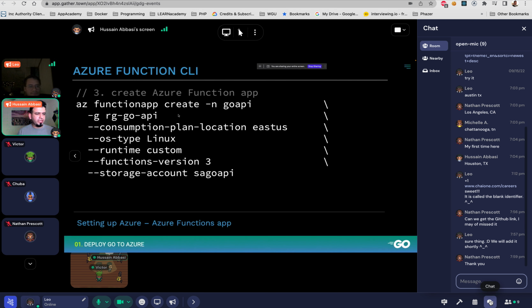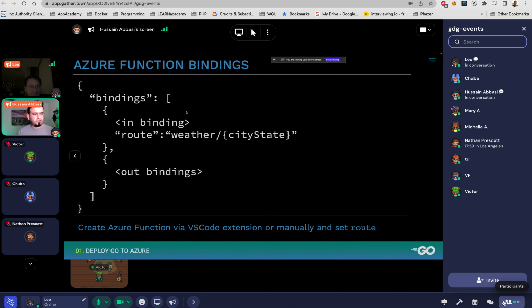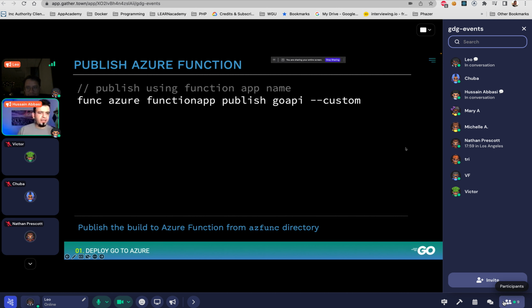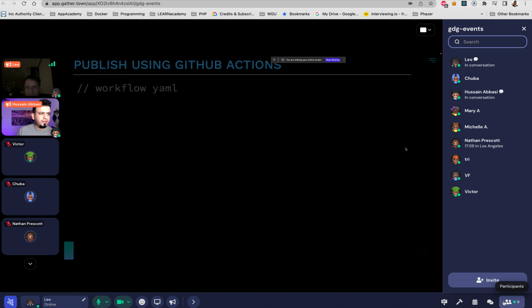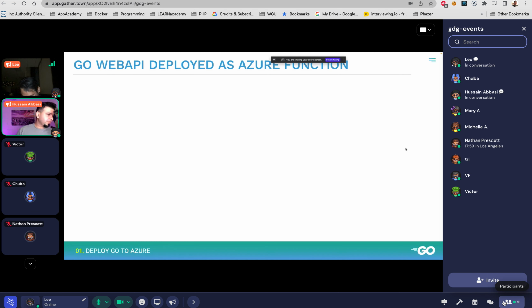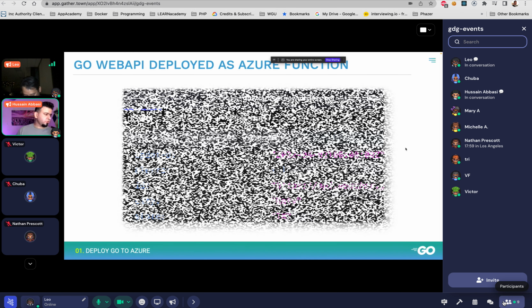With the CLI, we will do some creation of resources, and the same thing goes for GCP or AWS as well, with of course different services. And here, this is the command I was telling you about, where we give it the operating system, the architecture, the output where it needs to go, and the file that we are building, right? And then I can just publish it by using my CLI. If not, then I can have a GitHub action, and I'll show you that in a minute, so I don't want to spend too much time. When you've deployed, it should just show up like that.